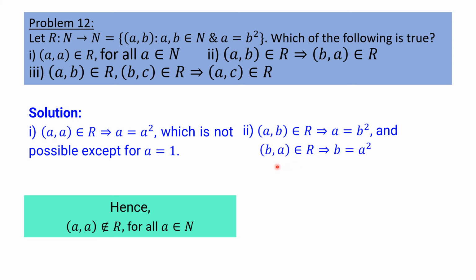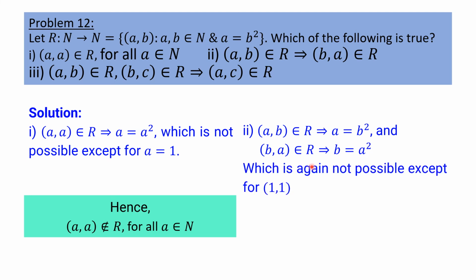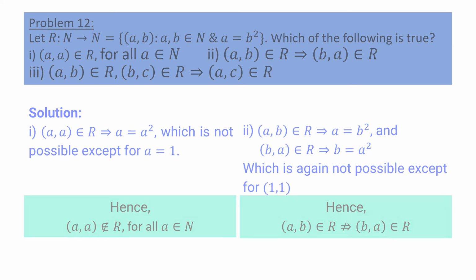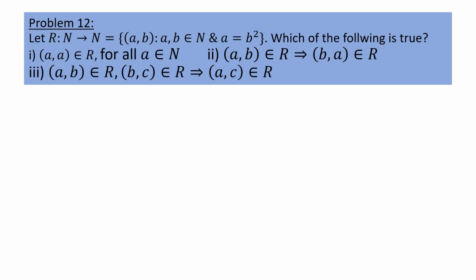Now, if (a, b) is in R, this means that a is equal to b square, and (b, a) in R means that b is equal to a square, which is again not possible except when a is equal to b is equal to 1. Therefore, (a, b) in R does not imply that (b, a) is also in R. The statement in part 3 of this problem is that